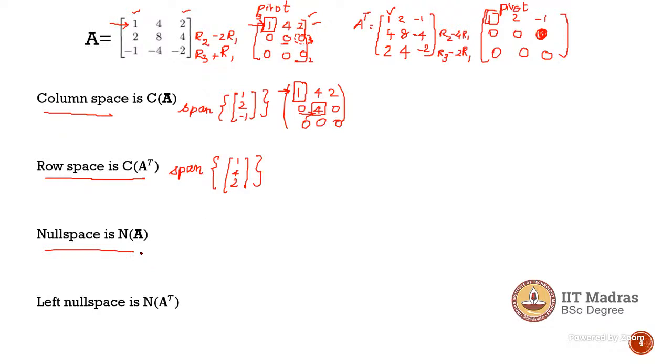So now let us proceed to null space of your matrix. So how do you find the null space of your matrix? So we already have this reduced row echelon form here. So now for your null space, you have to multiply this matrix by vector x, which is x1, x2, x3, and find the values for x1, x2, x3. So that is your null space vectors.